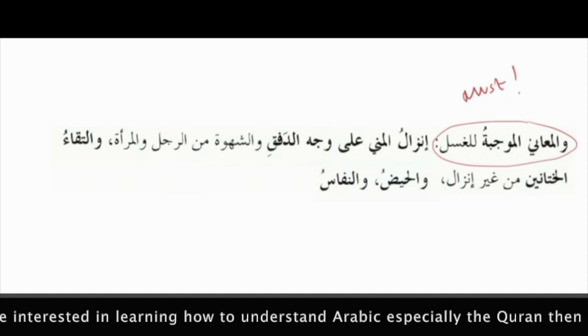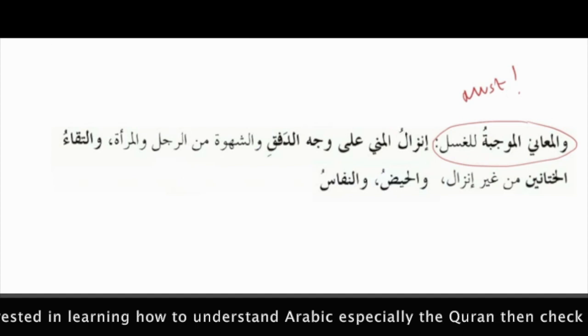Okay, so al-ma'ani al-mujibatu lil-ghusli. So here what Imam Qudoori rahimahullah wants to mention is those matters that necessitate ghusl. What are the issues that when they occur a person must perform ghusl? What are they? So here he mentions several of these, so I'll break it down so it's easier to be